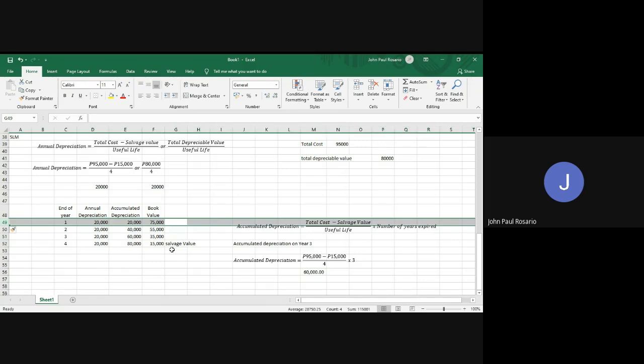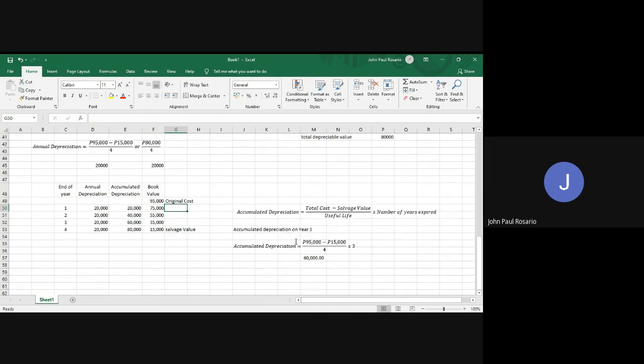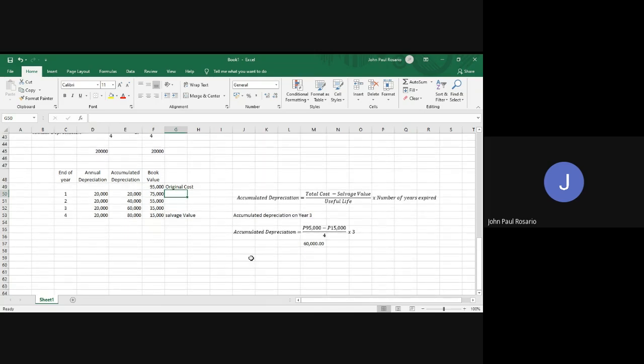Oh, I forgot to add something here. So this is 95,000, which is your original cost. So if you'll be asked what is your book value on year 3, then your book value on year 3 would be equal to